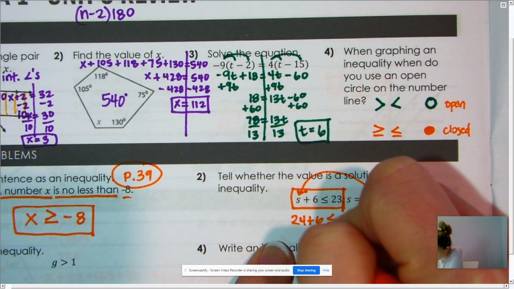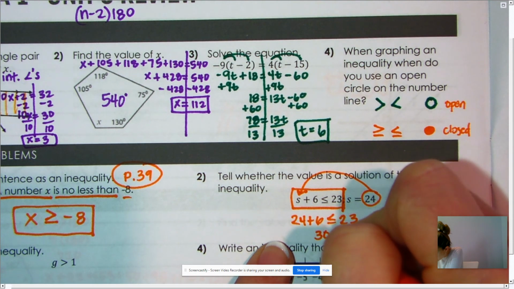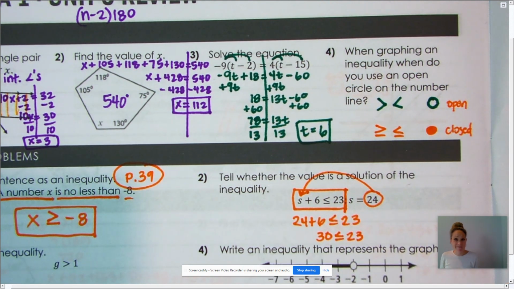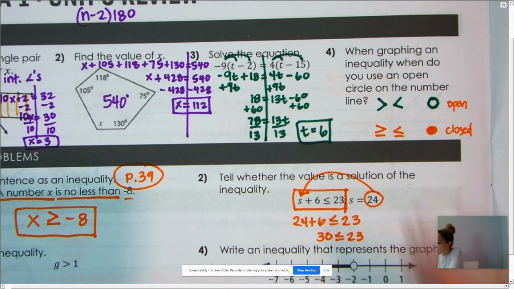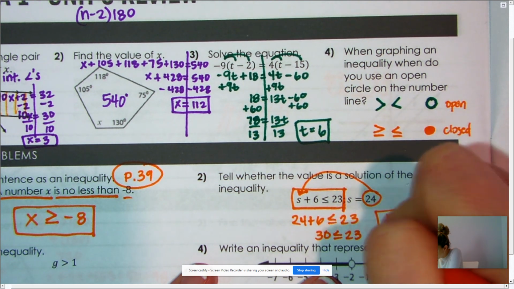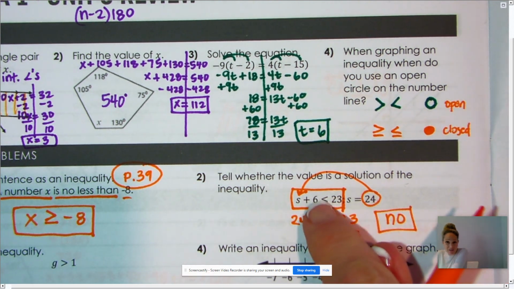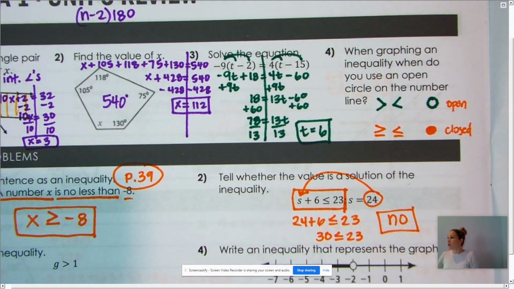So 30 is smaller than 23. Is that true? No, it is not. So no, it is not a solution. 24 is not a solution of that inequality. Okay,